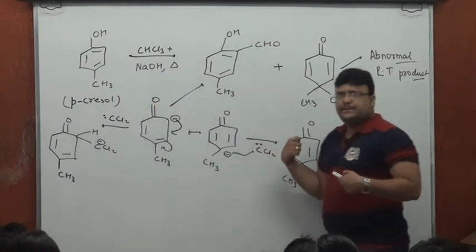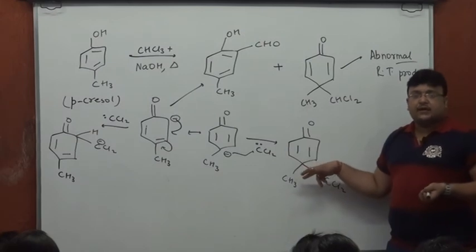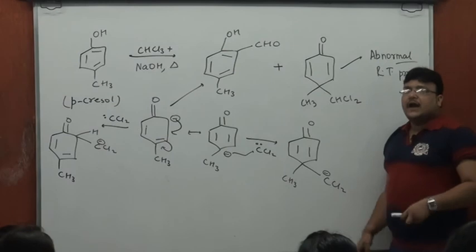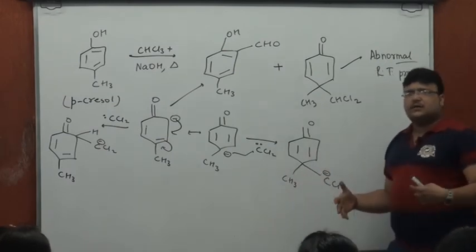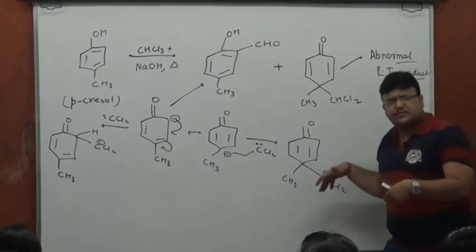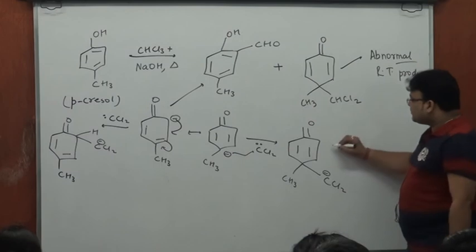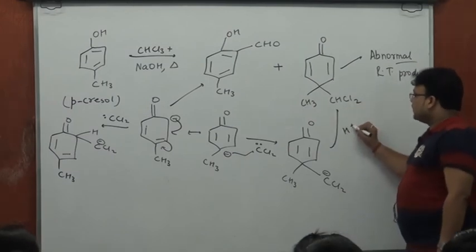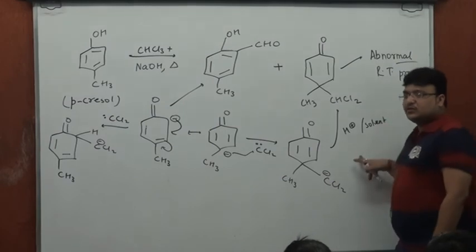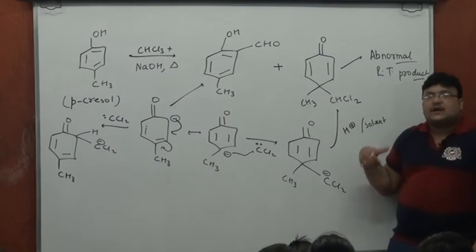But out here, because it doesn't have that hydrogen, because the para position is occupied, it doesn't mature to the next step. And it can't stay like a charged species, because eventually it has to become neutral. So what it does is, it just takes H plus from the solvent generally and gives you this unexpected product, which is neither the Reimer-Tiemann product